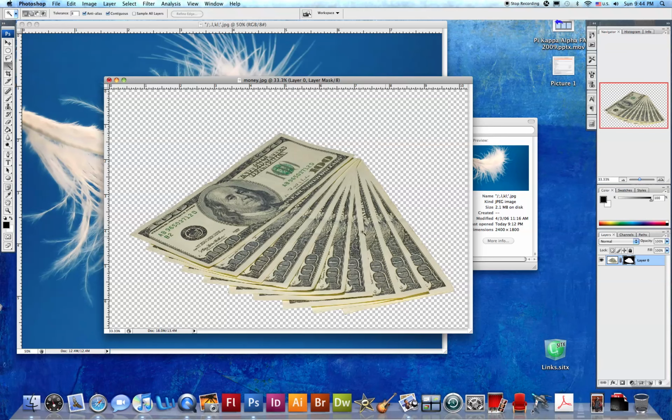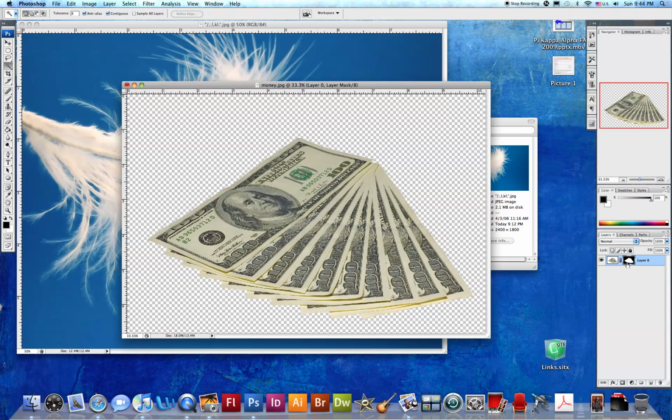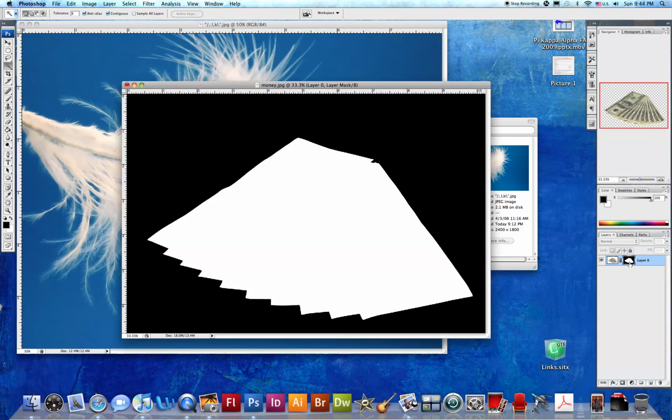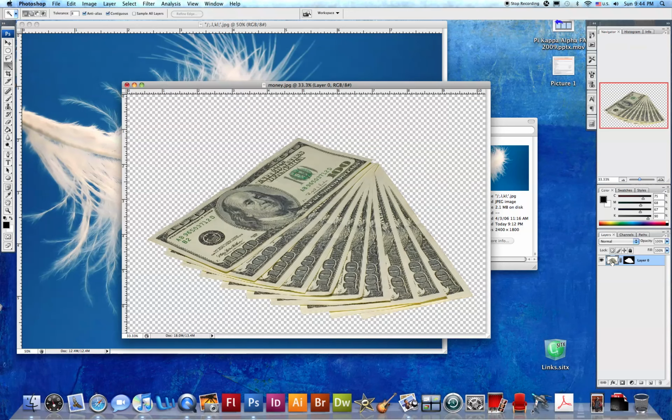So I'll add the layer mask, and you'll notice the white background went away, and the layer mask is created in your layers palette. You can view this by holding Alt down on the keyboard and clicking on the layer mask, and you can see and view your layer mask. To get out of it, just click back on the original thumbnail in the layer palette and you can view